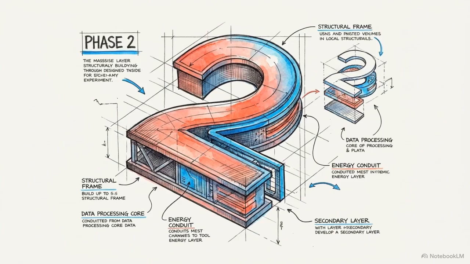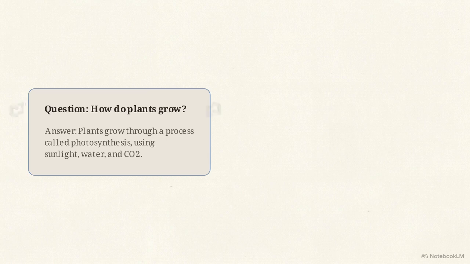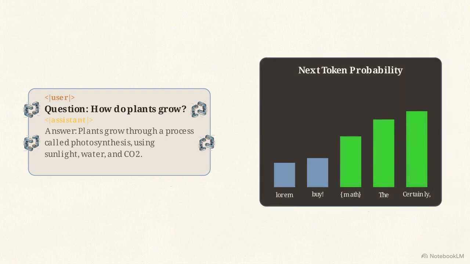To transform this chaotic document simulator into a helpful conversationalist, the model enters stage 2, supervised fine-tuning, or SFT. Engineers discard the raw internet data and replace it with hundreds of thousands of highly curated, human-written question-and-answer pairs. To teach the model how to hold a dialogue, developers inject special control tokens, invisible markers that define exactly when the human is speaking and when the assistant should reply. By continuously training on these ideal interactions, the model learns by imitation. It statistically adopts the persona, tone, and formatting of a confident human expert.